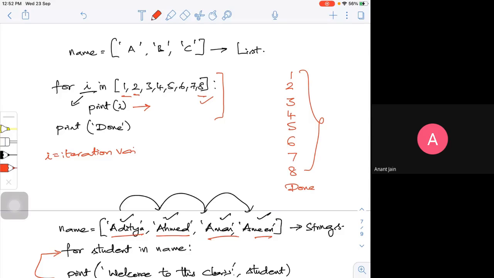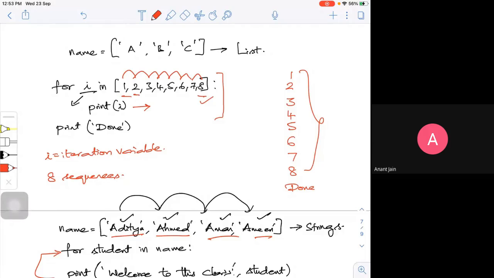How many sequences did it go through? 8 sequences, 8 elements. So 1 to 2, 2 to 3, 3 to 4, 4 to 5, 5 to 6, 6 to 7, 7 to 8, and come out. So the iteration variable iterates through the order of the set sequence.